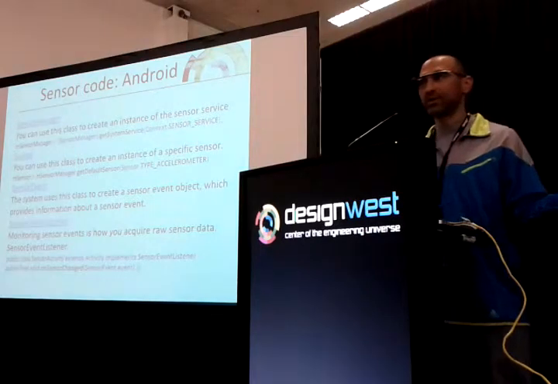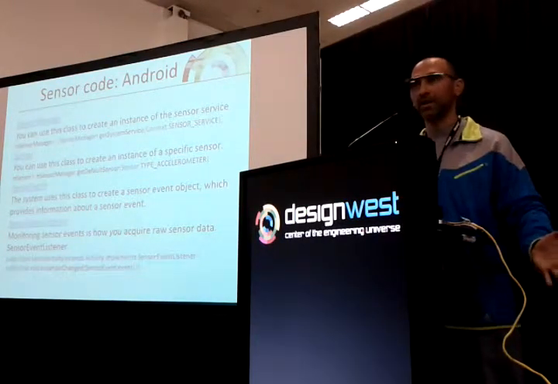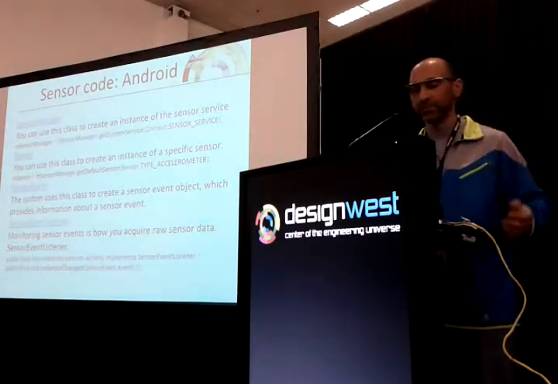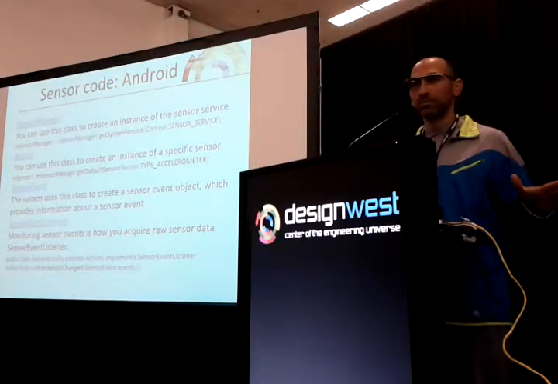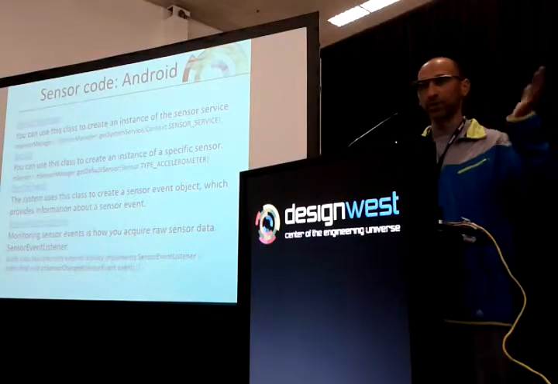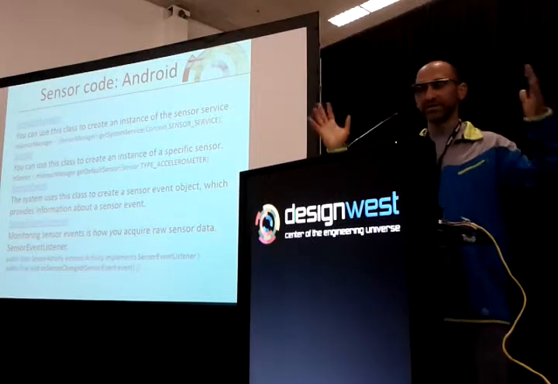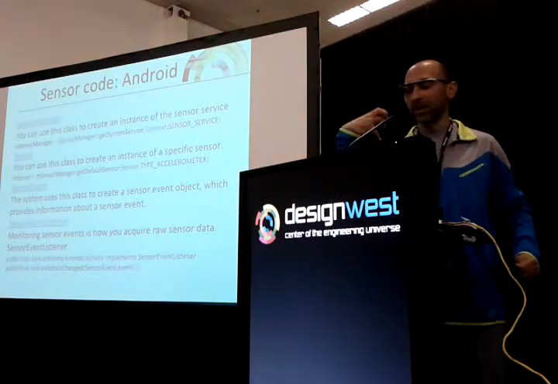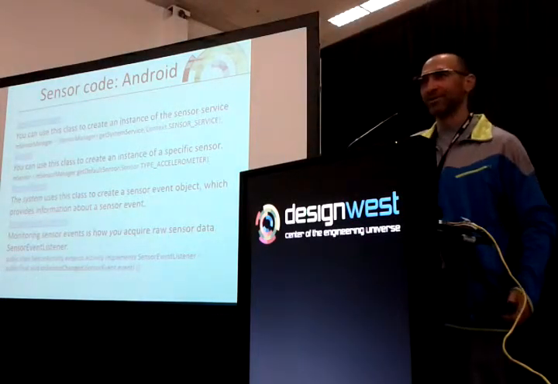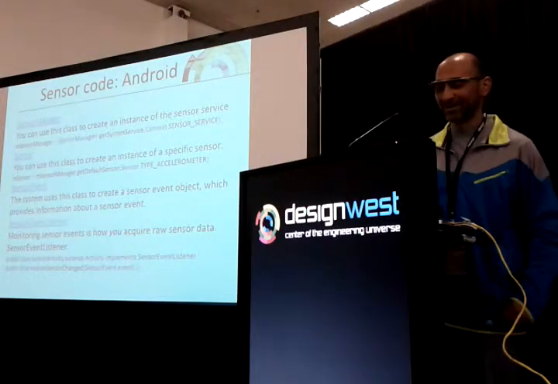Now that we're all Android experts, I just want to talk a little bit about how you use the sensors on Android. If you're going to go learn Android, this will come back to you. But basically, super simple to use the sensors on Android. All you do is you call the sensor manager. The sensor manager gives you the system sensor manager, and then you tell it what type of sensor you want. Here I said accelerometer because I'm an idiot and I'm going to use a hardware sensor. Should have used a software sensor because this guy's just going to give you total garbage.